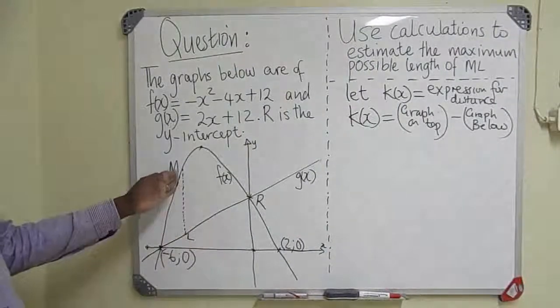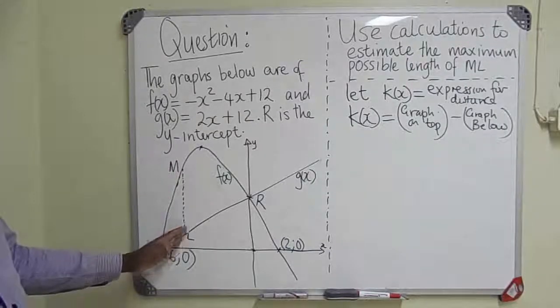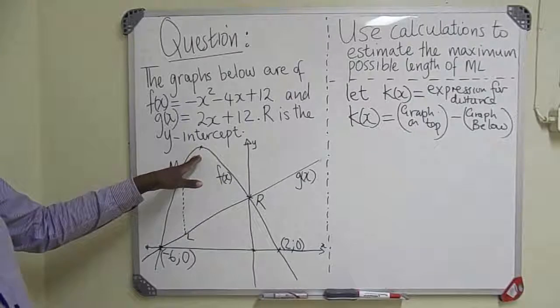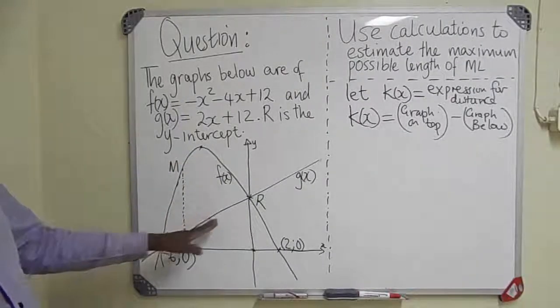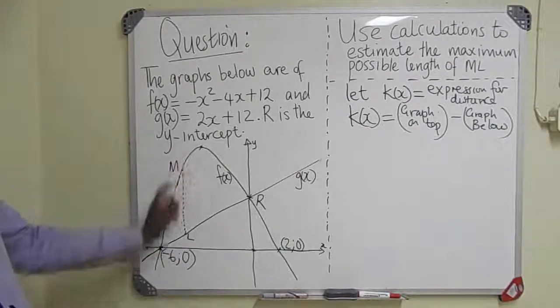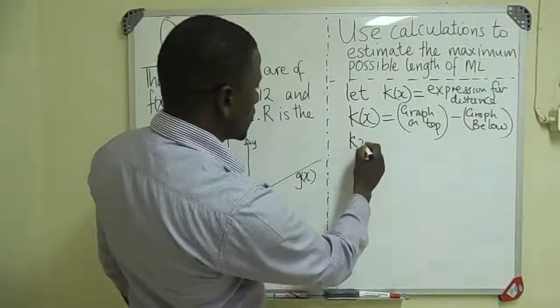So we are going to look where our ML is. So we take the equation of the graph that is on top of the other minus the graph that is below the other. So from here we see our f of x is given as